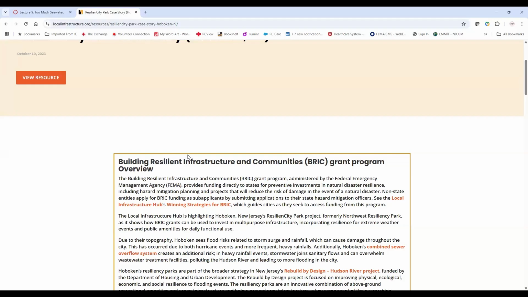This isn't somebody just waving their hand or signing a pen. The Building Resilient Infrastructure and Communities Grant Program, the BRIC program. I'm showing you, I think you guys can see this now. This is a program that FEMA administers, another one of their grant programs. So in addition to hazard mitigation grant funding and other